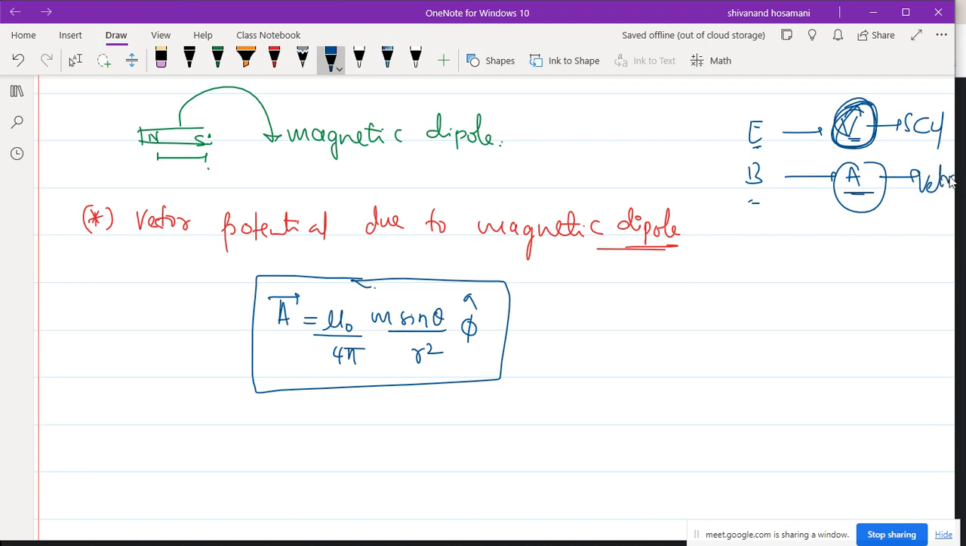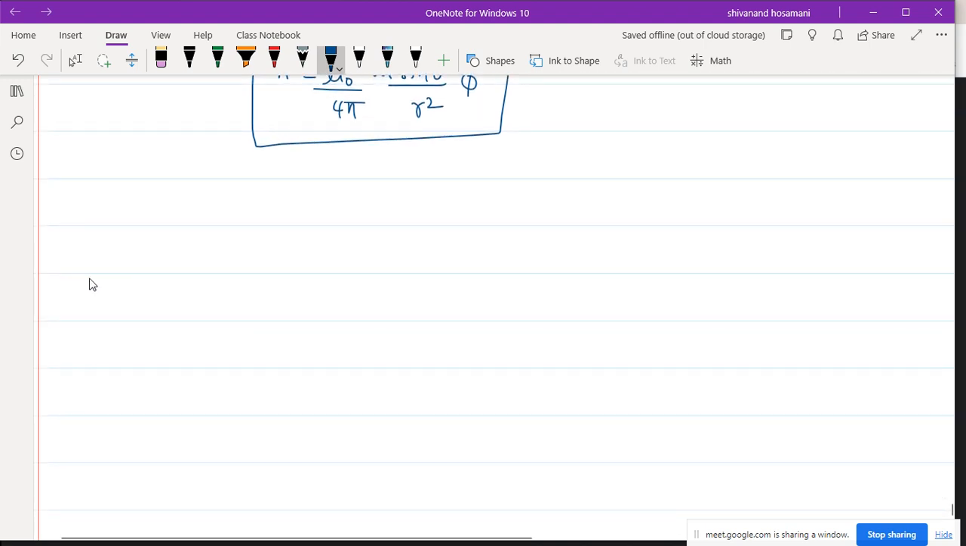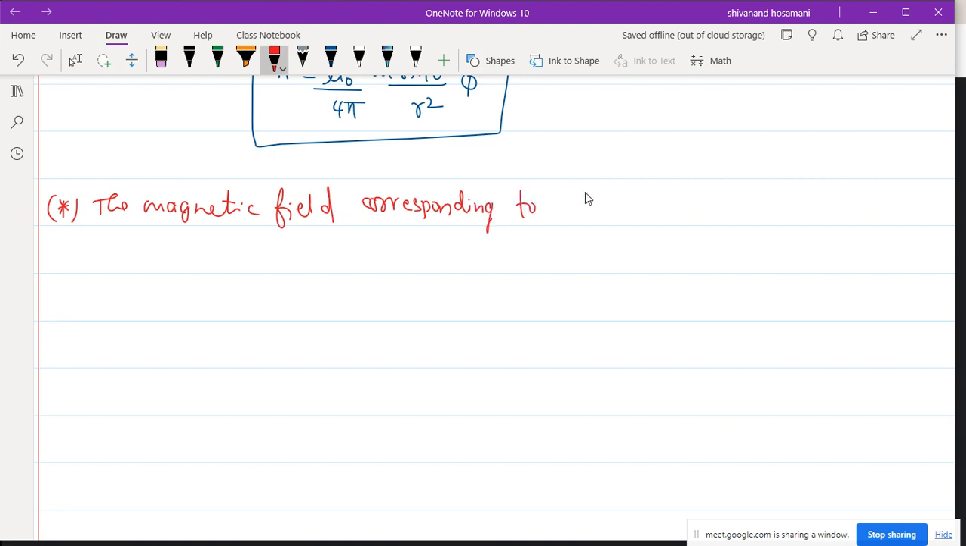Is that clear? So one problem, we will calculate based on this. So take down the problem: that is the magnetic field corresponding to the vector potential, that is A vector